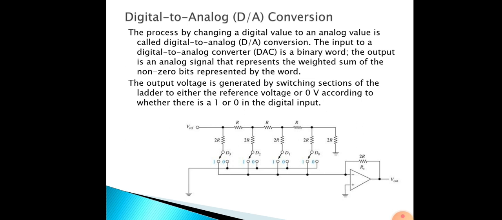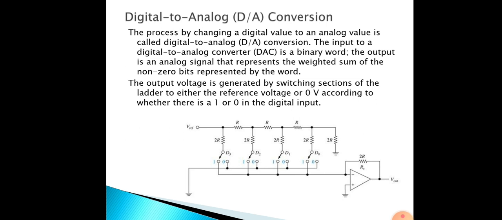Here you can see the R to R ladder, a weighted resistor digital to analog conversion. How will this R to R ladder work? The R to R ladder network is more commonly used. This version overcomes the problem of obtaining accurate resistance over a wide range of values, only two values being required.